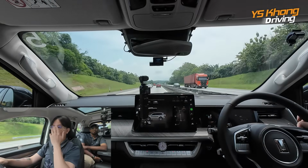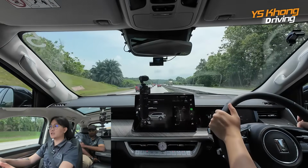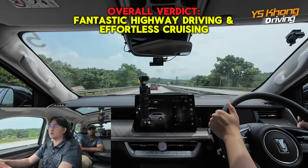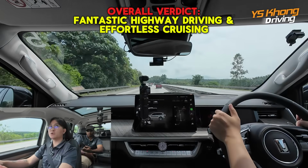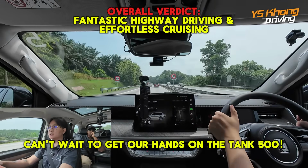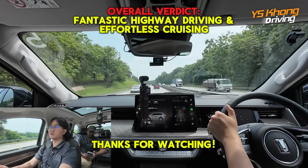So yeah, it comes with a 9-speed gearbox, right? Yeah, 9-speed automatic. So it definitely allows for less wear on your gearbox because everything goes through very linearly, as we can feel over here. Road noise is quite good actually. I find the soundproofing good. We do not hear much of the engine because we're not pushing the car, of course, and the main noise that we hear is mainly from the tires and slight noise from the engine itself. So yeah,